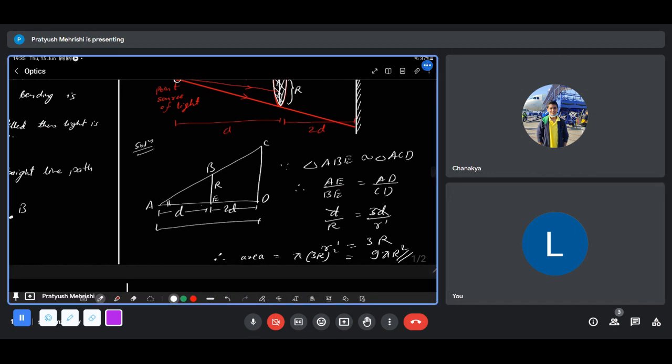This was a question of geometry. See, this is the use of geometrical optics. If light,